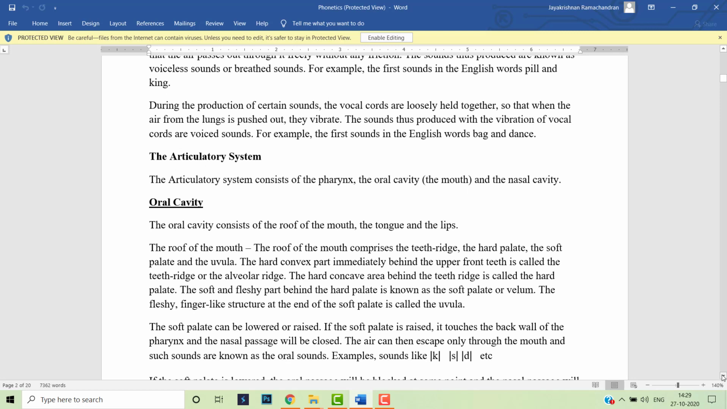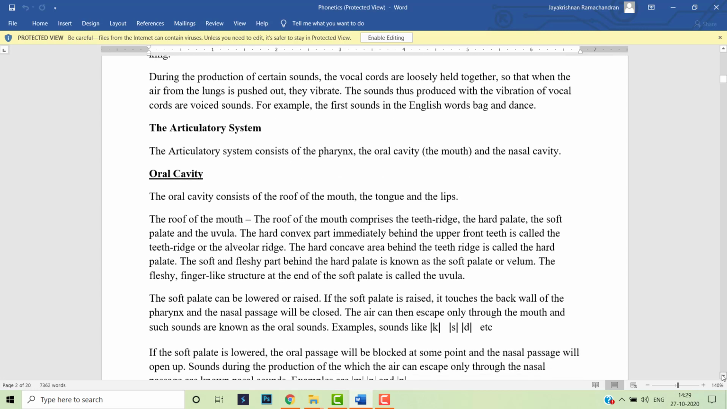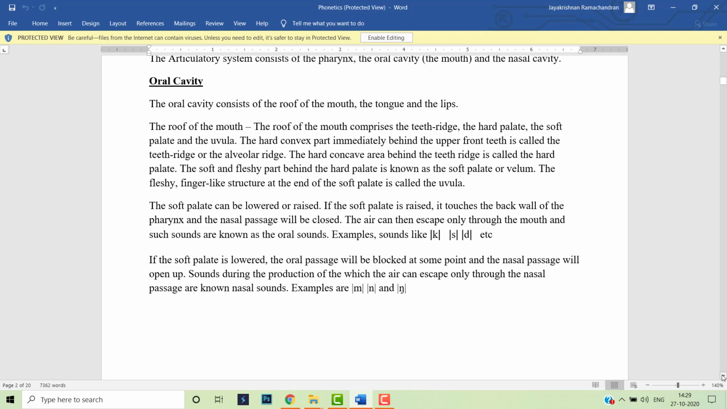Now, we have also studied the articulatory system. This is the most important part as far as the production of speech sounds is concerned, because the articulatory system involves the oral cavity basically and the lips. Now, the oral cavity consists of the mouth. We have studied how you can classify the mouth. Then the oral cavity also includes your tongue, and we have studied how the roof of the mouth can be classified